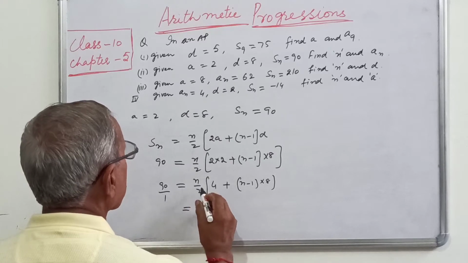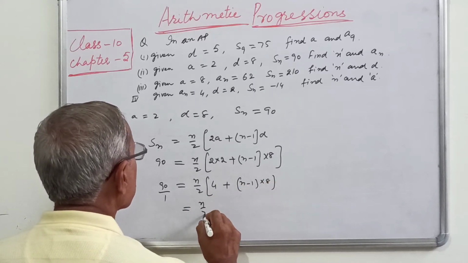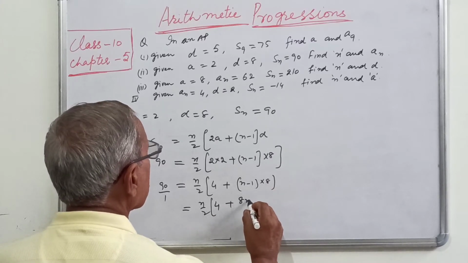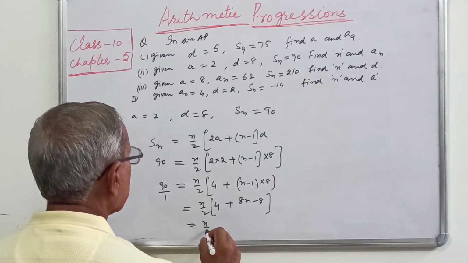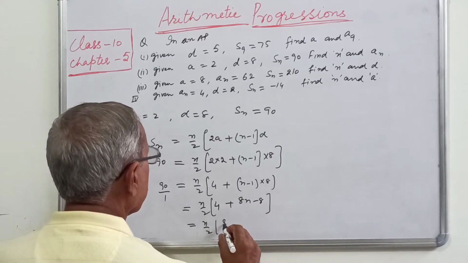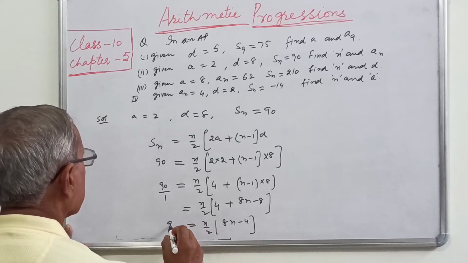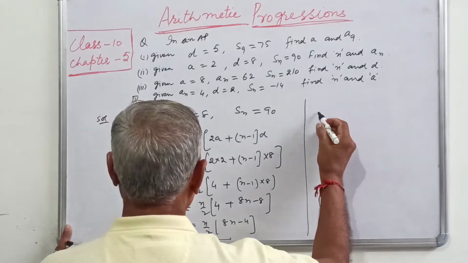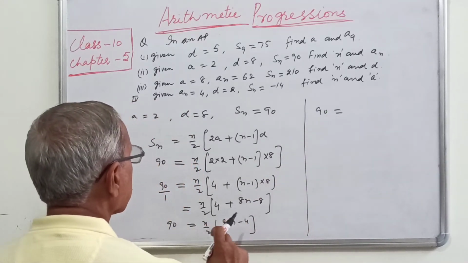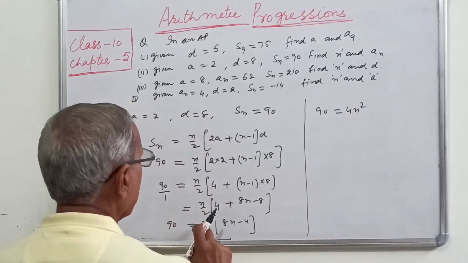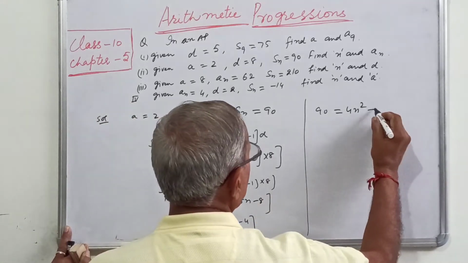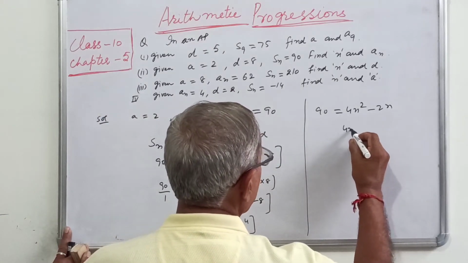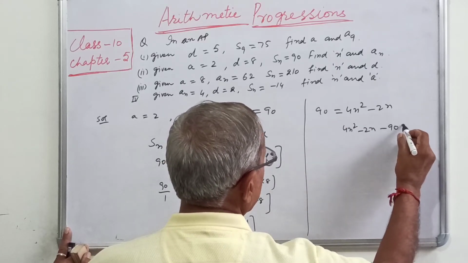ये हो गया, 9 से मल्टीप्लाई किया, पहले ब्रैकेट खोलें, सो n अपॉन 2 इंटू 4, 8 से मल्टीप्लाई किया 8n माइनस 8, सो n अपॉन 2, तो 4 इसमें से माइनस किया तो हो गया 8n माइनस 4. तो n अपॉन 2 से मल्टीप्लाई करेंगे, n इंटू 8n, 8n स्क्वेयर डिवाइड बाई 2, दैट इज 4n स्क्वेयर, n मल्टीप्लाई बाई 4, 4n डिवाइड बाई 2, सो माइनस 2n. सो ये इक्वेशन बनी हमारी 4n स्क्वेयर माइनस 2n माइनस 90 इज इक्वल टू 0.